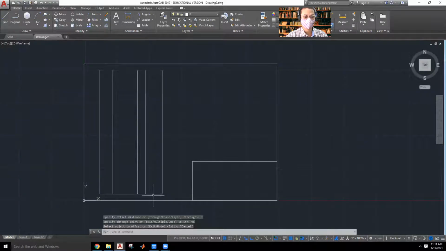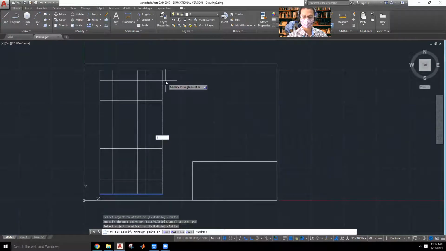Next, the horizontal offset. I will select the object, click on offset and through. This distance is 22. Enter. Again select the object. This distance I want at a height of 70. Enter. Again I'll select the object and through. The height comes as 144 from the bottom. And again I'll select the object, through point. This comes as 190, at the top. So I got all the intersection points, and using these intersection points I have to make these things.